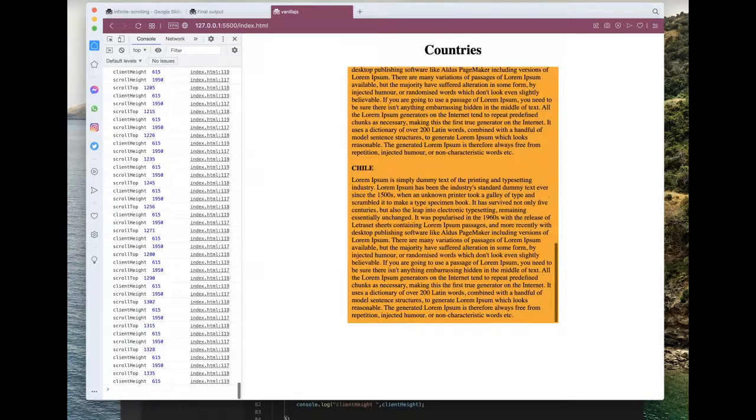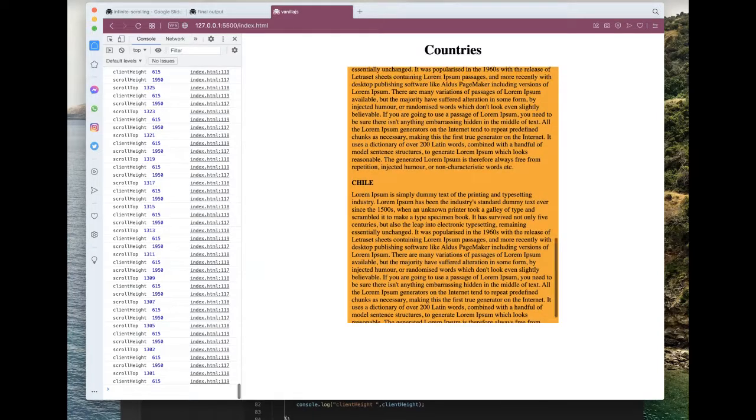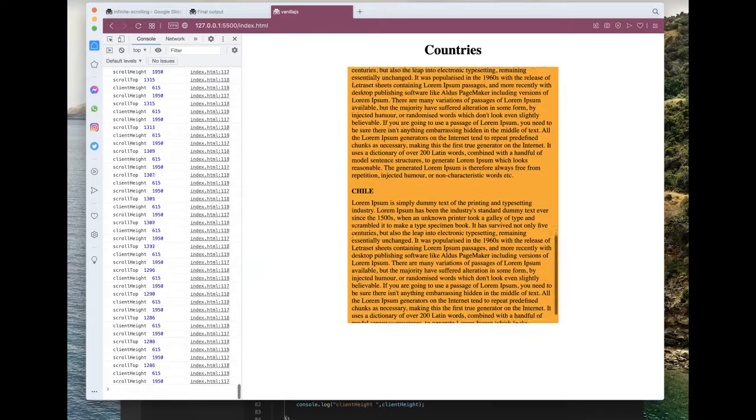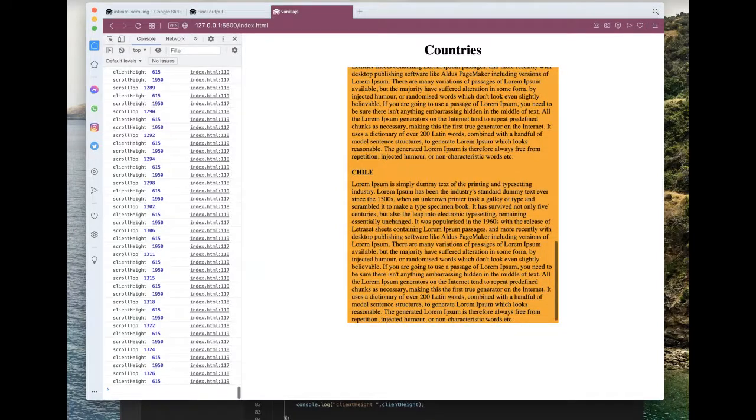Once the position of the scroll bar reaches the end of the element, it will not increase anymore. If we are scrolling backwards, it will decrease. So scroll height and client height remain fixed. Scroll top is the only value that will change on scroll. Client height is the height of the element that is visible.